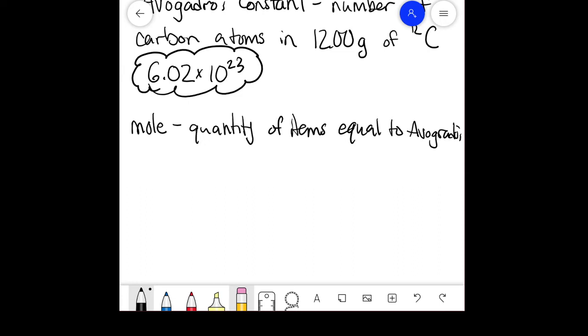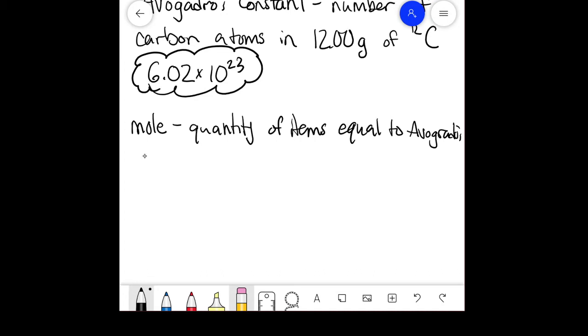I'm just going to leave it like that. So a mole is basically like another, like a dozen, or a pair. It's just another number. You have moles of something, it's not a unit. You have moles of carbon. You have moles of hydrosulfuric acid,